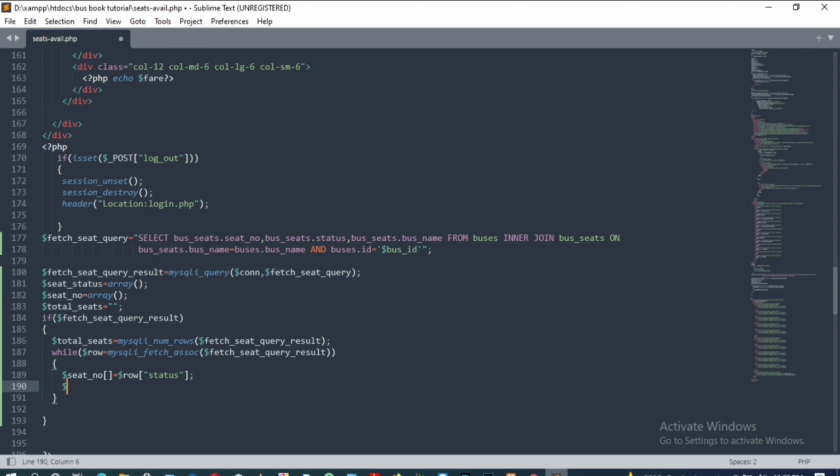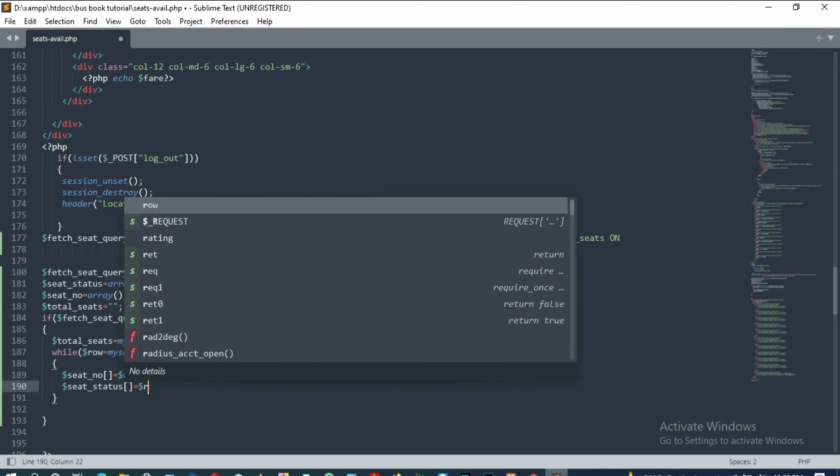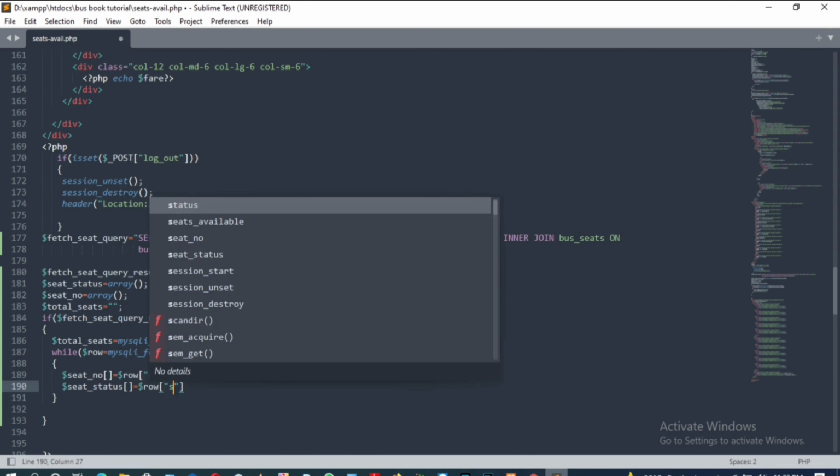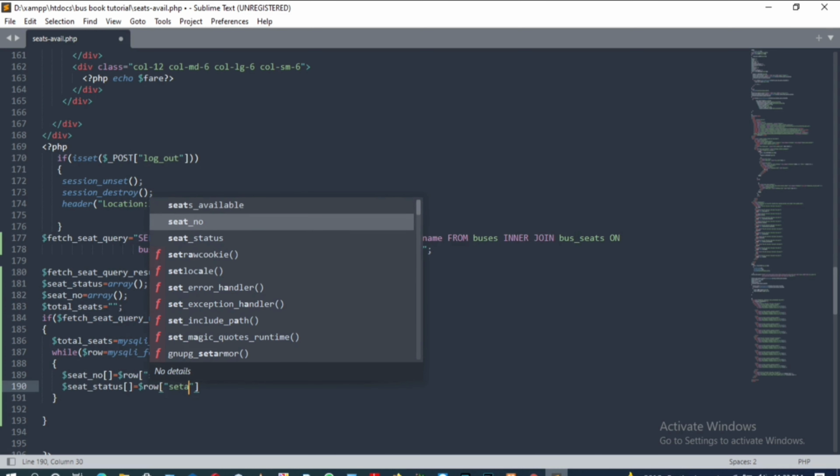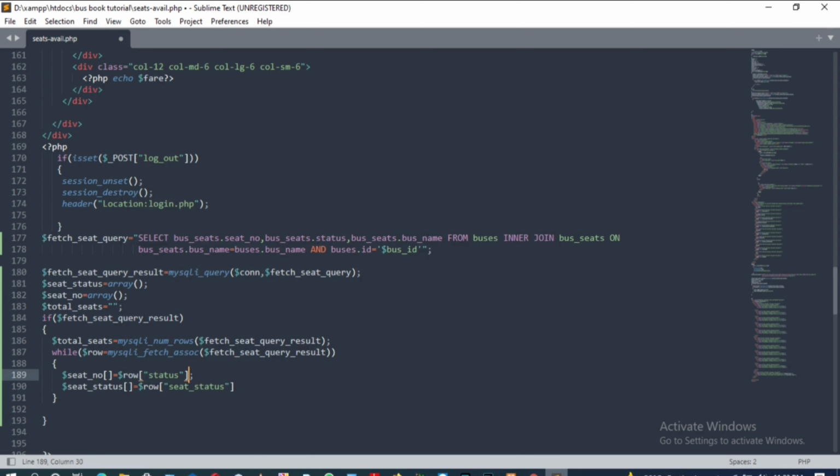The second one is seat number and seat status, and here will be seat number. That's it.